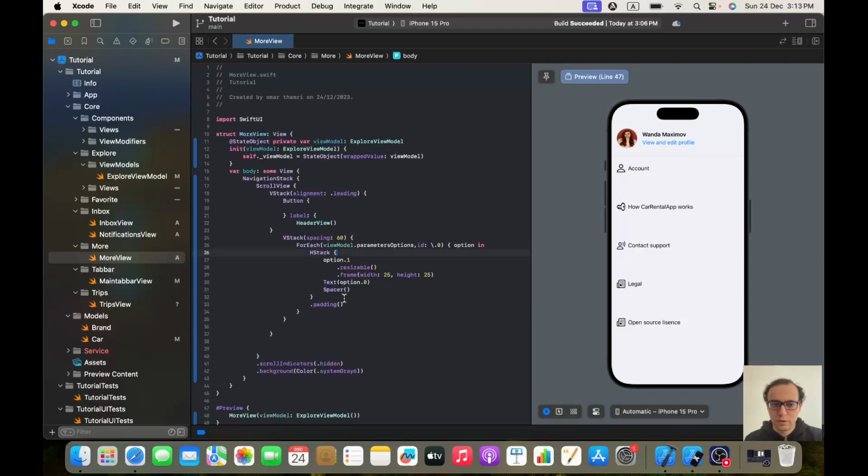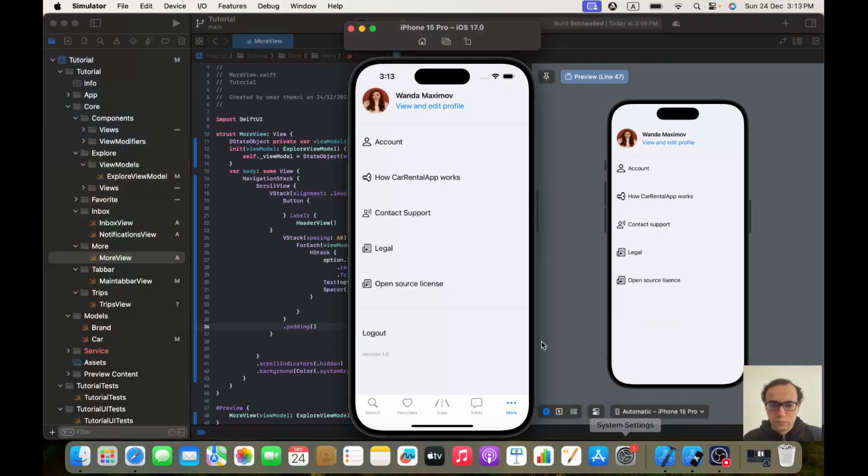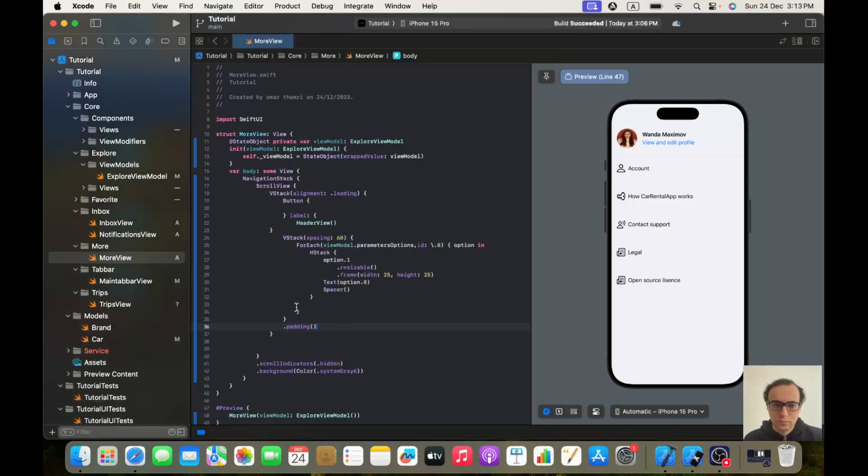Not the way I want it. I think it's too much this way. Okay, let's give it for now to the v stack, and then I will check. Okay, after that we got the padding. Okay, the padding should be inside the v stack, so